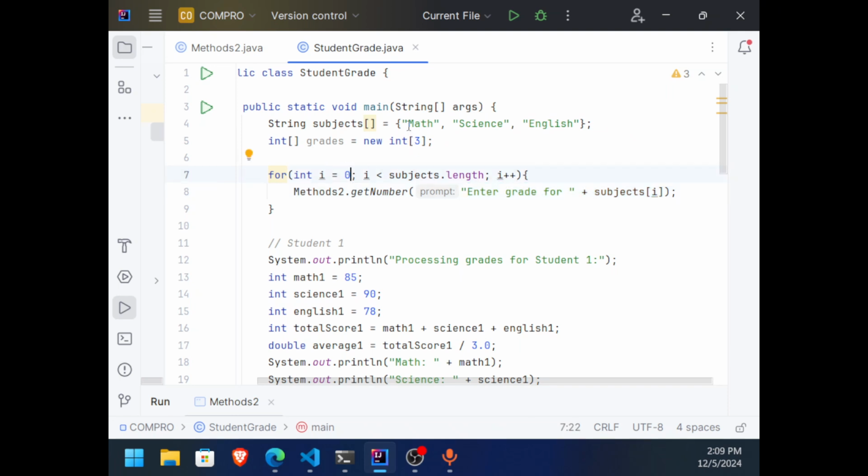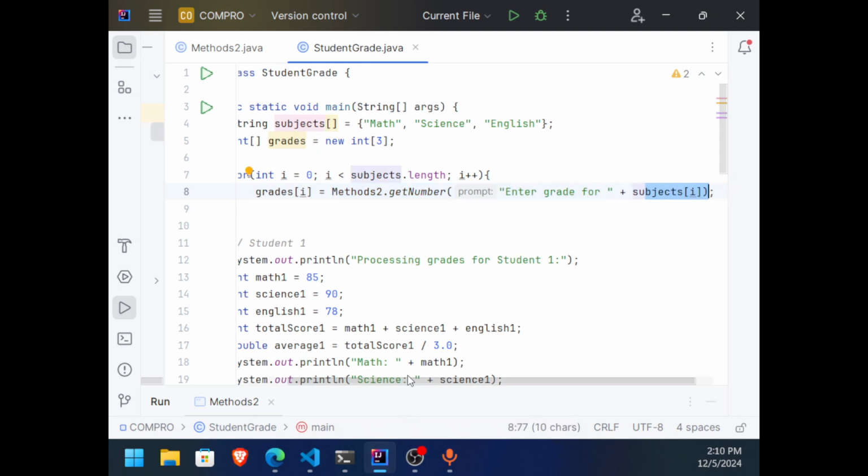That's going to look from math up to English. And one thing that we have forgotten here, we did not assign the return value into a variable. We just want to place it in grades at i. At this grades[i] index, I'm going to get a valid number with this prompt indicating the subject name.